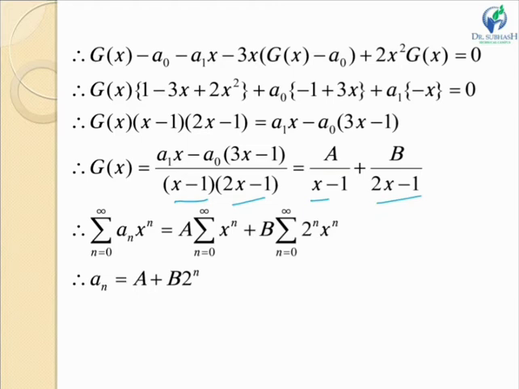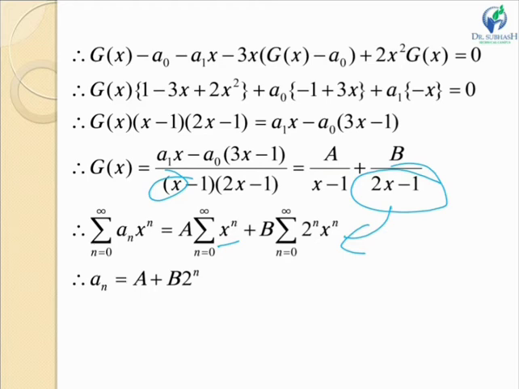So now g(x) is the generating function, which is equal to summation n equal to 0 to infinity a_n x raised to n. And here A is constant, that is this A, and this B is this one. Okay, now here it will be only x raised to n, because here the coefficient of x is 1, so it is 1 raised to n into x raised to n, and here the coefficient of x is 2, so this can be written as 2 raised to n x raised to n.